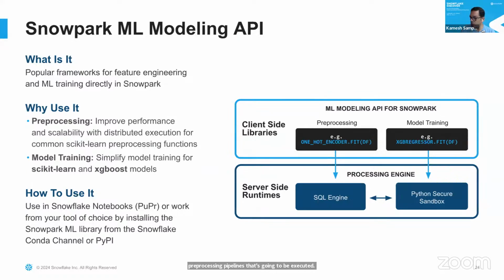It's going to be running in a distributed fashion, which makes sure that you get adequate performance when you're training the model or getting the inferences from the model. Again, using the scikit-learn and XGBoost models to do the model training. As I said, they're all wrapped inside the Snowpark API, so that you just use the Snowpark API even for ML models, and then use all the functions and classes from those respective open source libraries. Okay, and you're going to use Snowflake notebooks. I'll show you how we use Snowflake notebooks to do this job as well.